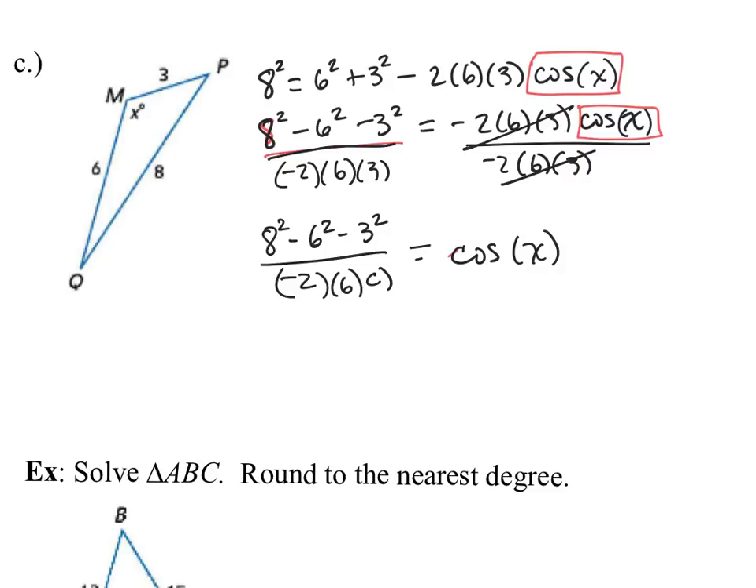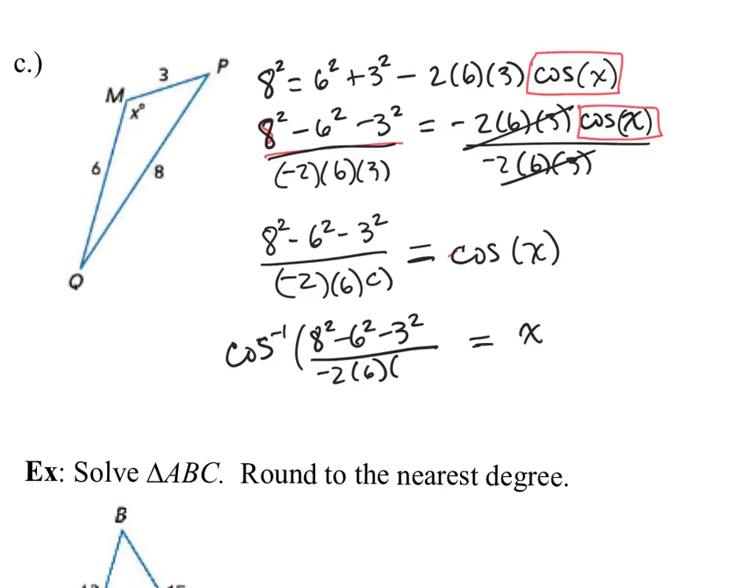So now, if I know an angle's cosine, which I do, remember the cosine is the ratio of two things, right? So a cosine is equal to a ratio. If I know an angle's cosine and I want to know the angle, that's when we use an inverse function. So to find x, x is going to be equal to cosine inverse of this whole ratio. Cosine inverse of 8 squared minus 6 squared minus 3 squared, all divided by negative 2 times 6 times,